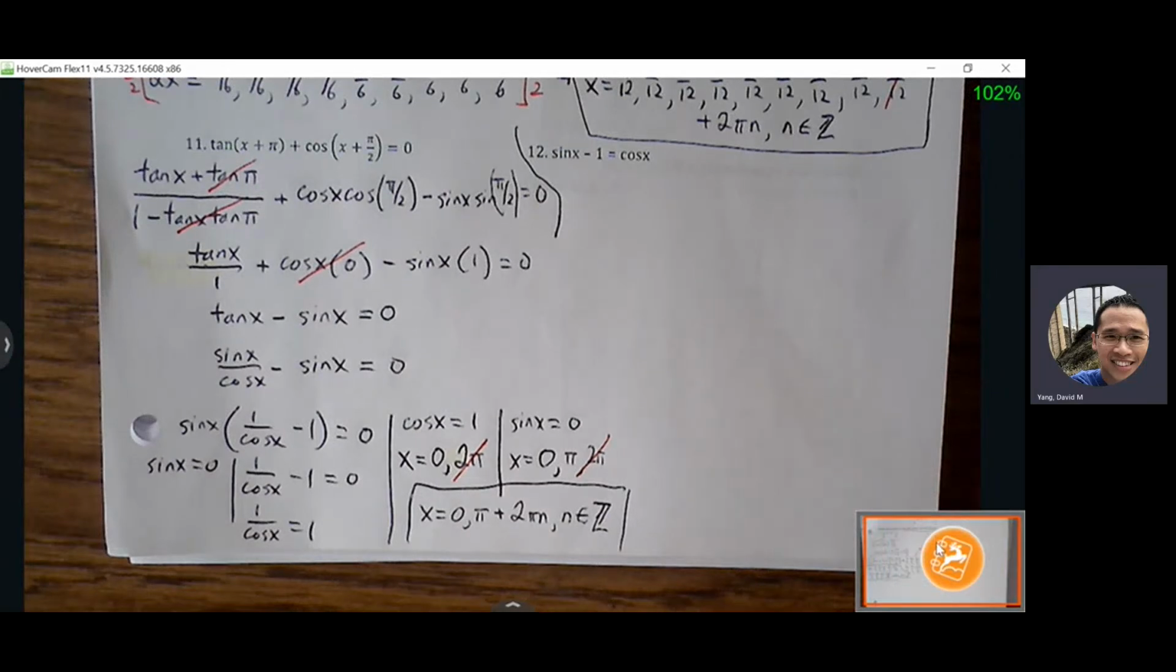All right, let me check your work. We'll pick up number 12 tomorrow. Tomorrow we'll do a practice worksheet. Thursday I'll do a practice